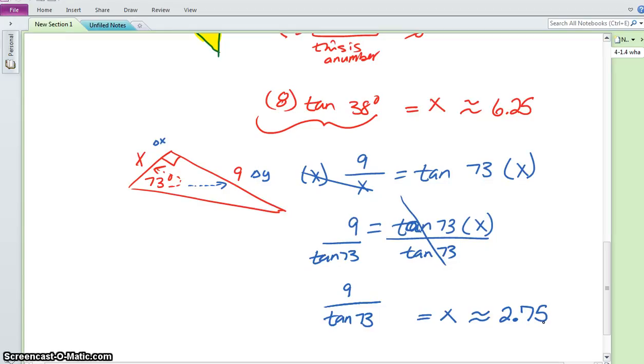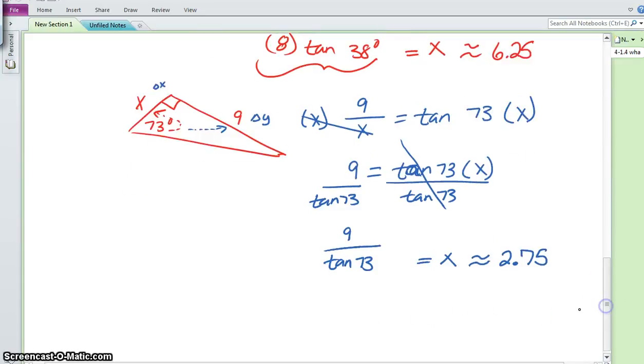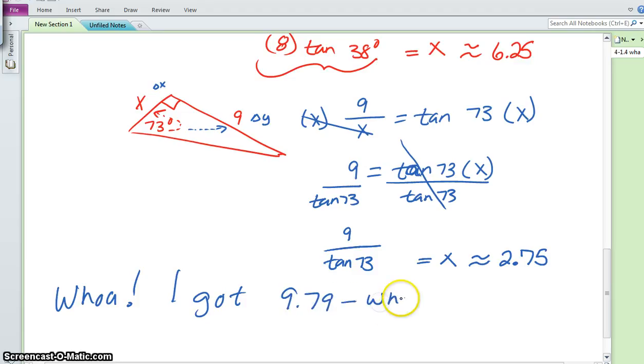What if you pushed the buttons I'm asking you to push, and instead of getting 2.75, you got 9.79? Well, that simply means that you're in the wrong mode. So you need to do a little reprogramming. It's easy to do. So you want to press your mode button